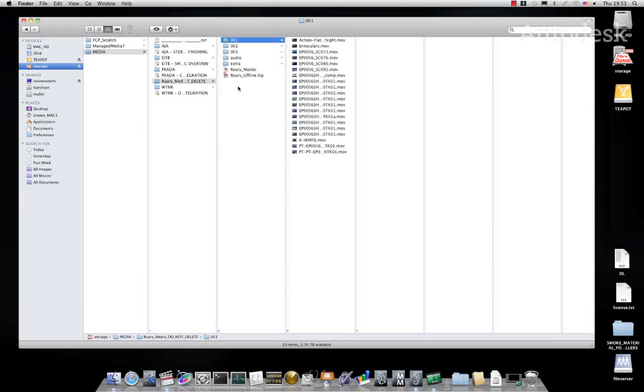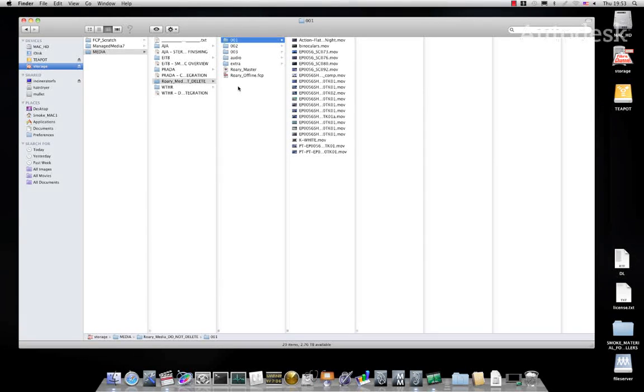they could also be H.264 QuickTimes, just to name a few. Now your media could exist on a network, so if for example it may be on a SAN, you can still have the XML locally and point it to the media on the SAN. Additionally, someone could simply walk in with a USB drive or a FireWire drive with material on that you need to conform through. All these tools inside of Smoke as well as Flame can hopefully deal with these issues and sort them out